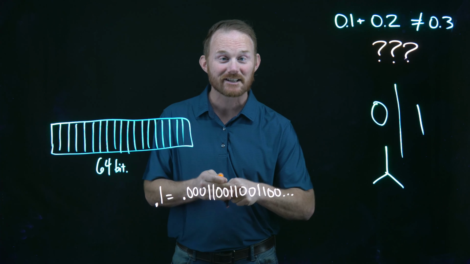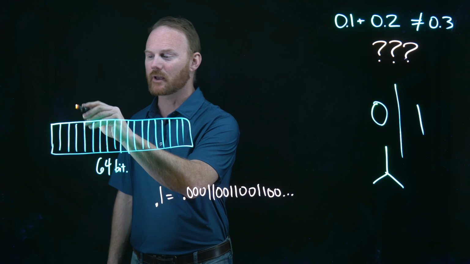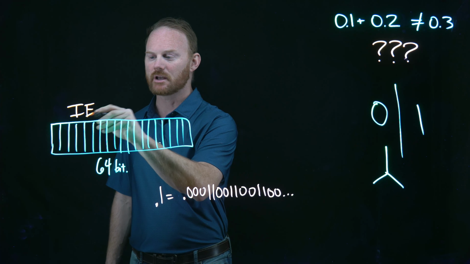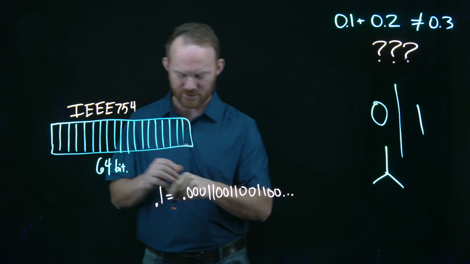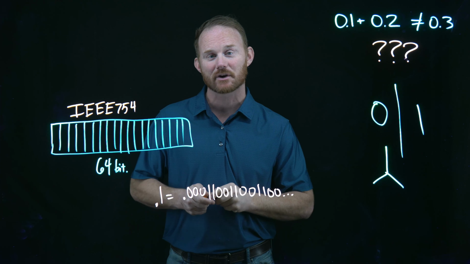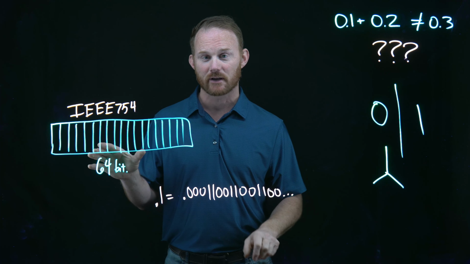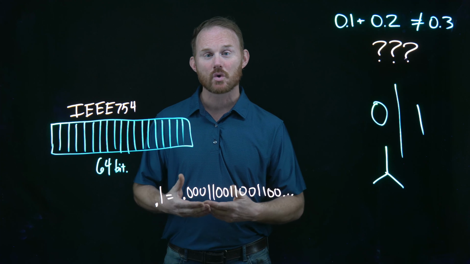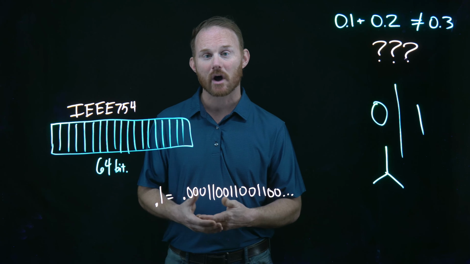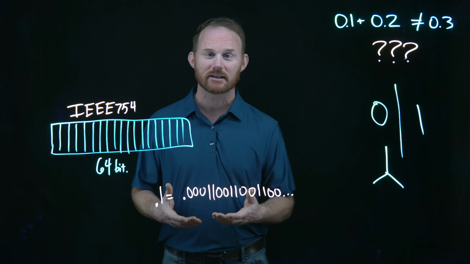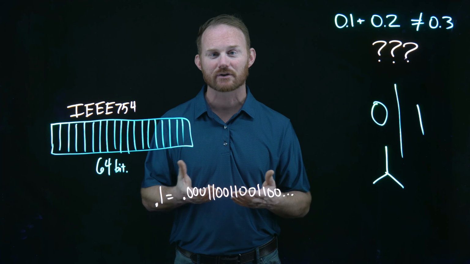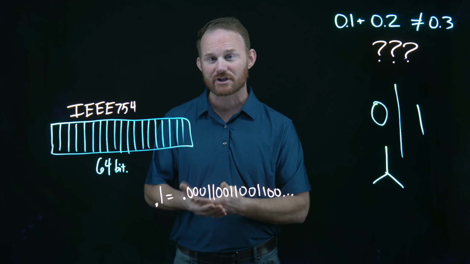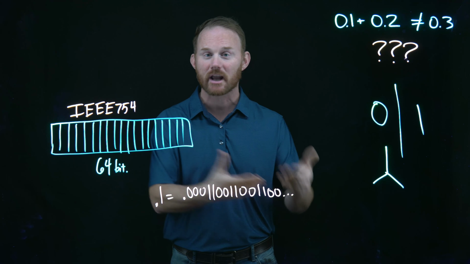And why 64? Because of something called IEEE 754. And I could potentially do another video on this. It's kind of actually what we're going to talk about, the basics here right now. What is IEEE? It stands for the Institute of Electrical and Electronic Engineers. And it was founded back in 1963. It is sort of the big shot group of international people who establish standards for how electronic and electrical things